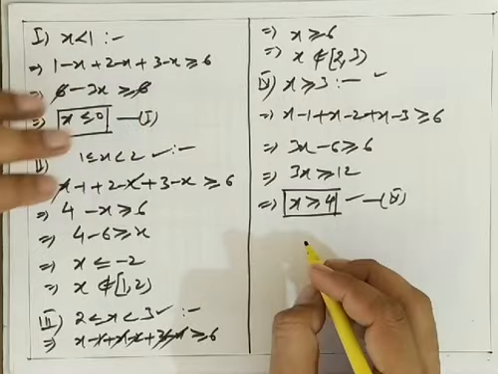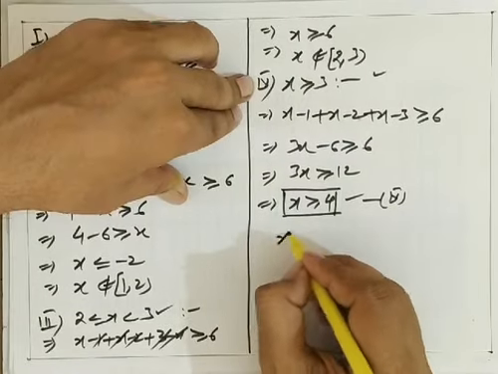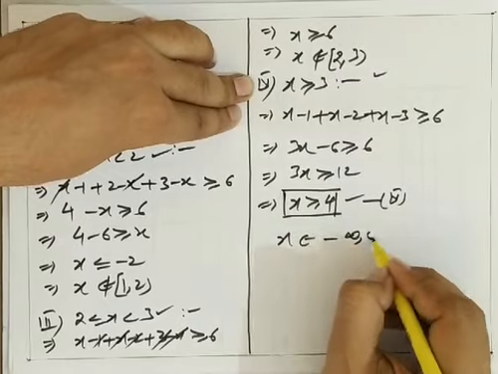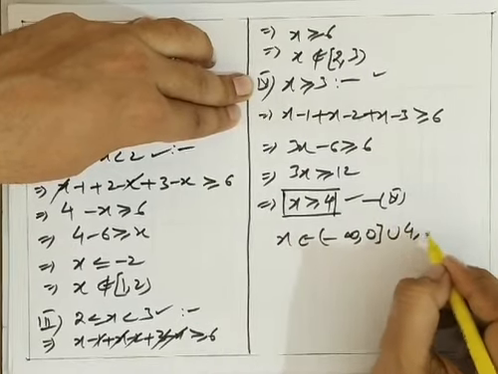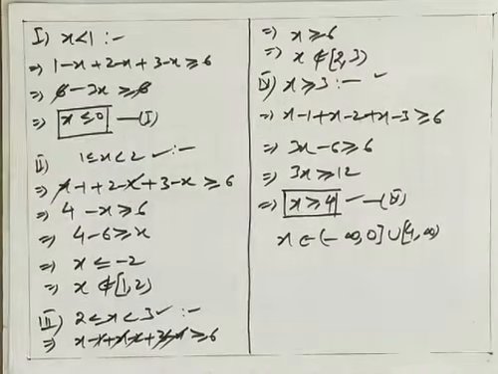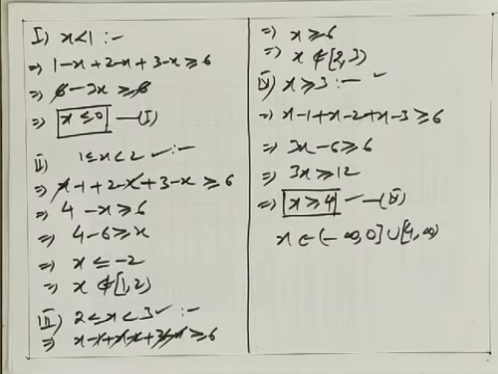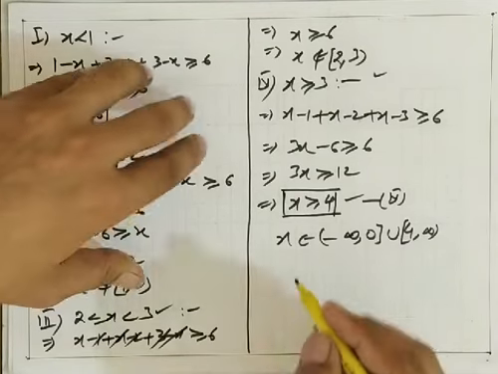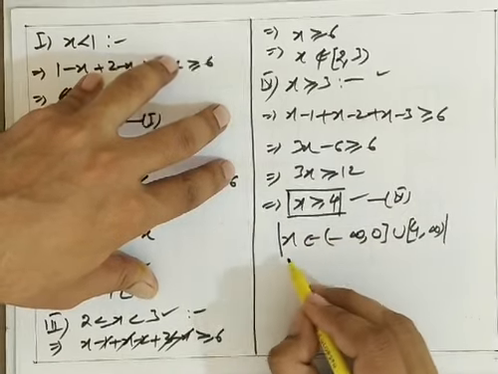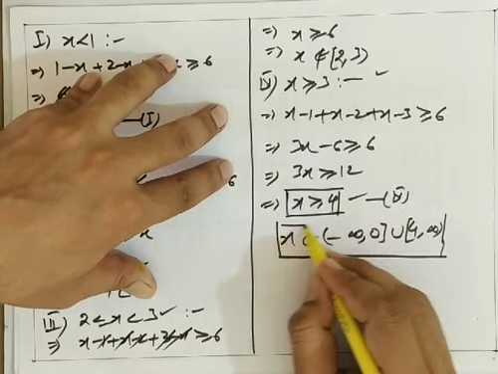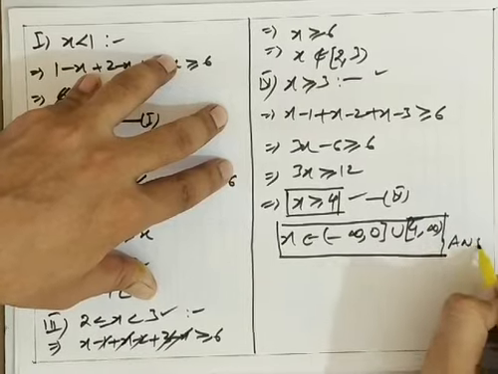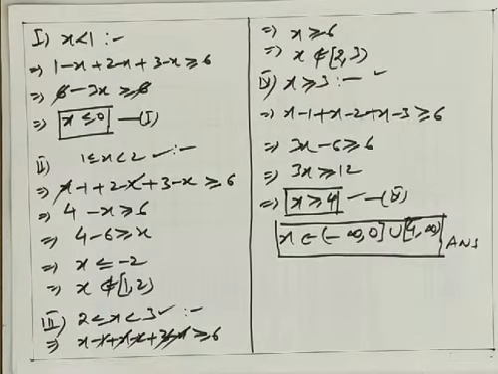So in a nutshell the final answer will be x belongs to minus infinity comma 0 union 4 comma infinity. If you put 0 or 4 over here, we will get the equal to case. If you put 0, we will get 6 greater than or equal to 6. And if you put 4 also, we'll get the same thing, 6 is greater than or equal to 6. So this is the answer for this question. You can see this was a more complicated question as compared to the previous questions. Let's see some more examples over here.